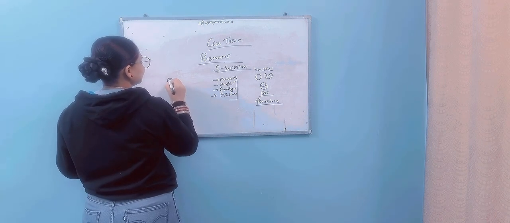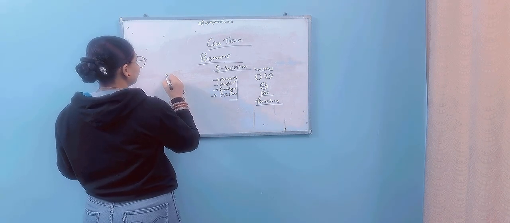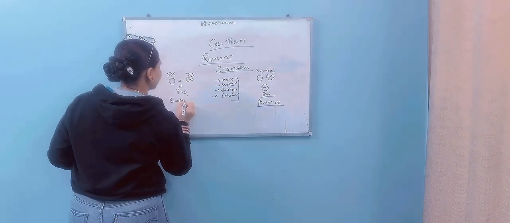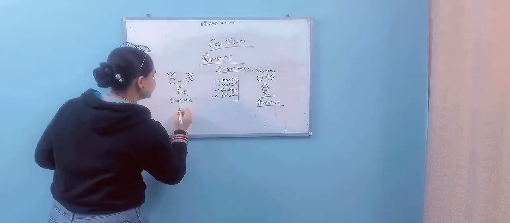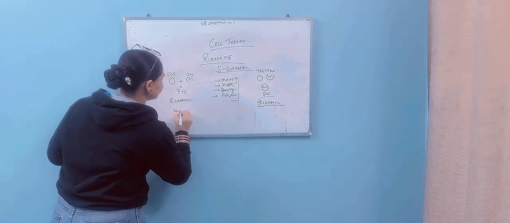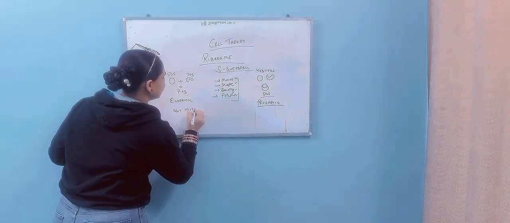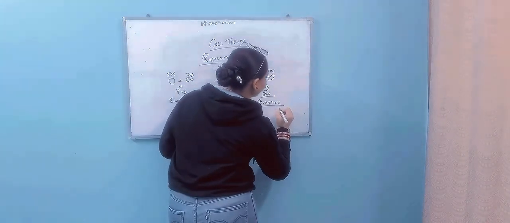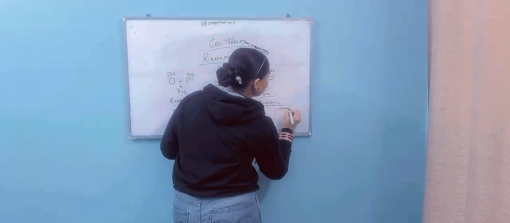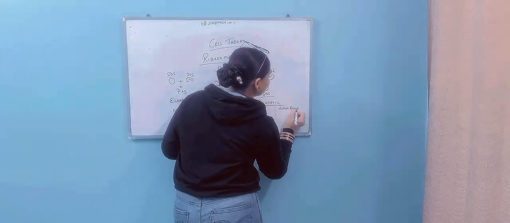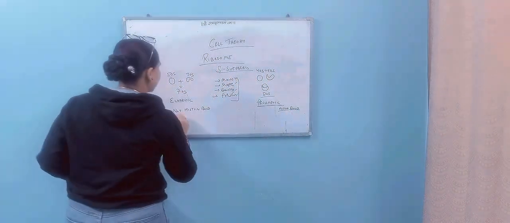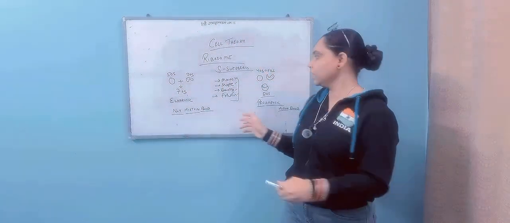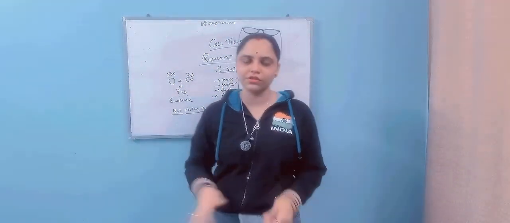Similarly, in prokaryotic, it's 70S and not 80S. Say for instance, this is 50S and this is 30S. This is prokaryotic, and it is not histone bound, and this one is histone bound. Yes, we are very much clear with these two parts. This is the histone-bound eukaryotic cell, and this is not histone bound.